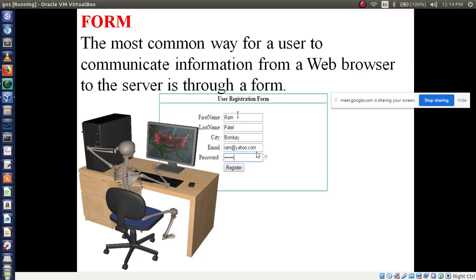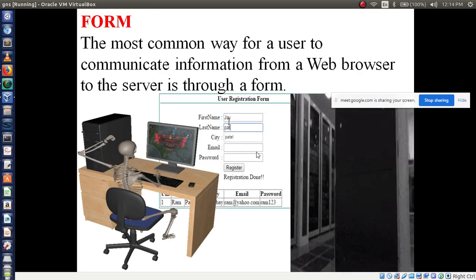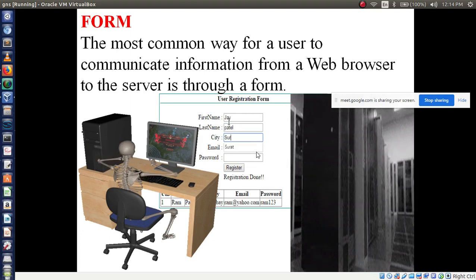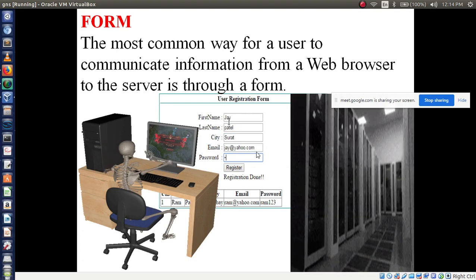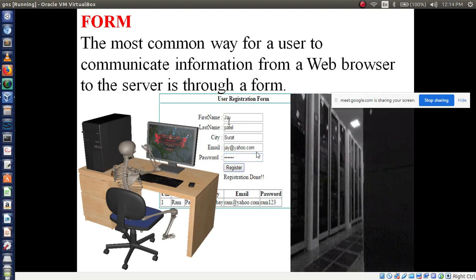First it is going to take acknowledgement, right? After typing this, the server will communicate and respond to your request. In this way we are using a form.